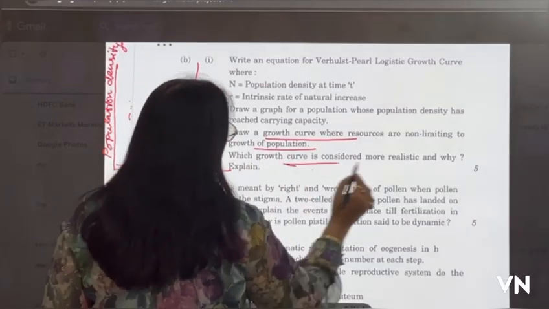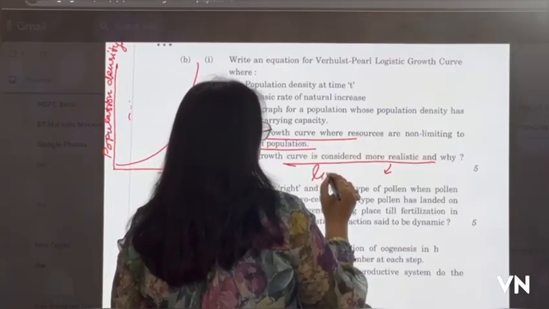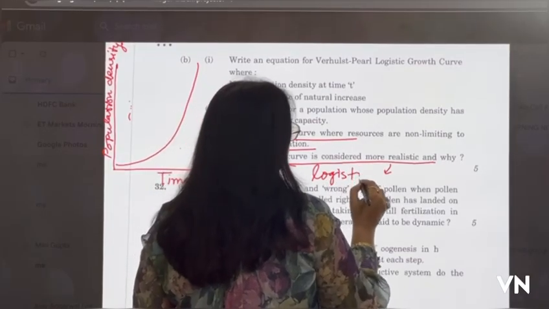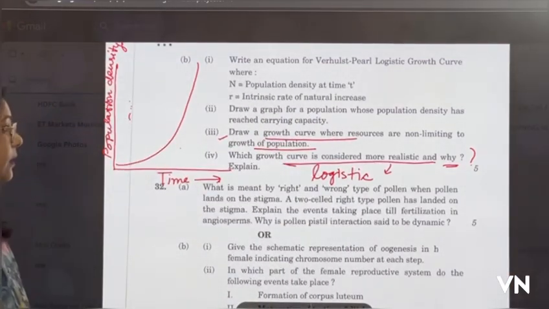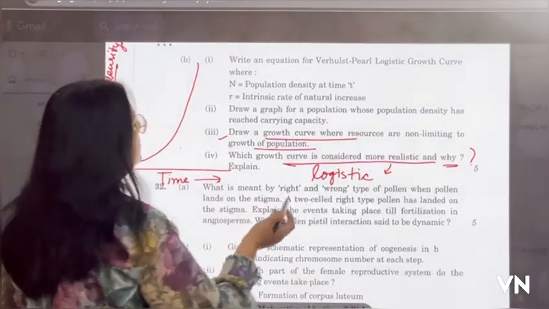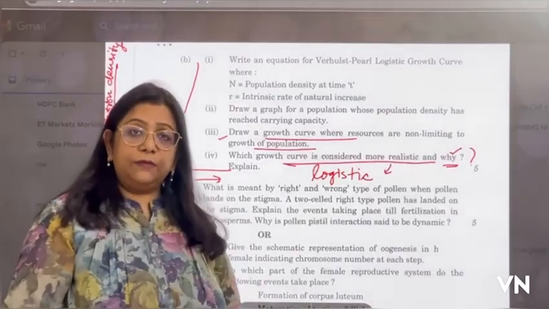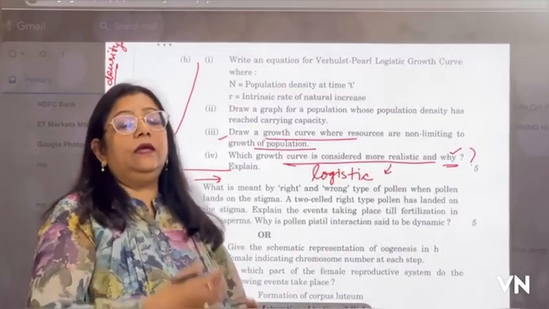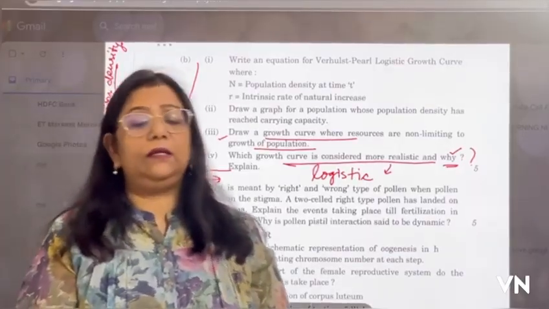Which growth curve is considered more realistic? That is the S-shaped logistic growth curve. Why? Because the resources are not going to be unlimited anytime. As the population increases, it eventually reaches a maximum size beyond which the environment cannot support the